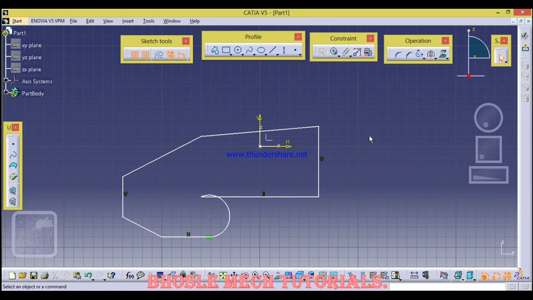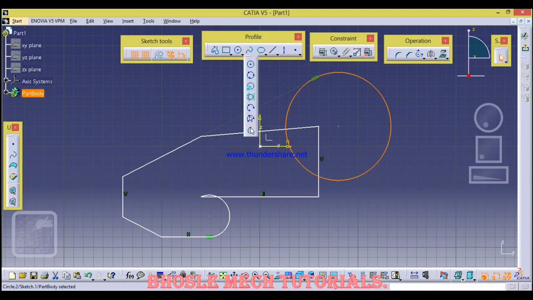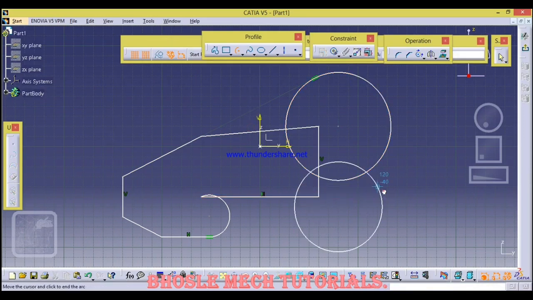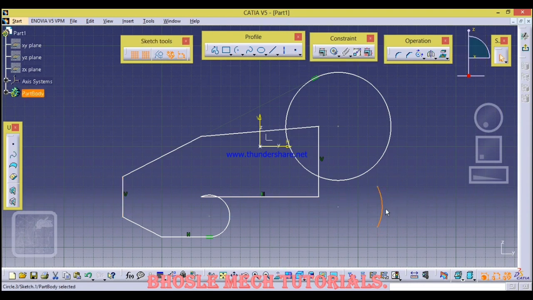If you practice once or twice, you will definitely get it. Otherwise you have to go for this circle, or here you will get arc, or by using these commands you have to draw this profile.